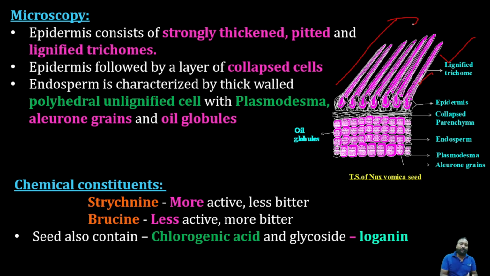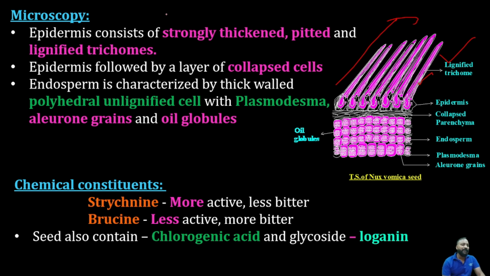Suppose we have a powder that is assumed to be this seed, but you need to confirm whether it is or not. You place the powder under the microscope, add some phloroglucinol, observe, and measure the diameter with the help of the stage micrometer. If the diameter and length are within the standard, then it is confirmed. This is just for quantitative microscopy, to give you practical knowledge. So these are the characteristic features of the seed.